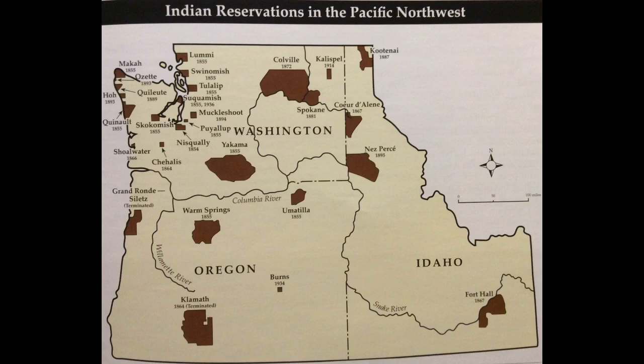And so today, I'm sure that you've heard of a lot of reservations in Washington: Yakima, Tulalip, Muckleshoot. There are lots of different tribes all around Washington, with very small reservations. A lot of these people relied on a way of life that moved around a lot, those nomadic ways of life, and could no longer really do so because they were confined to a small area. So the nomadic way of life is pretty much not an option for a lot of these groups anymore.